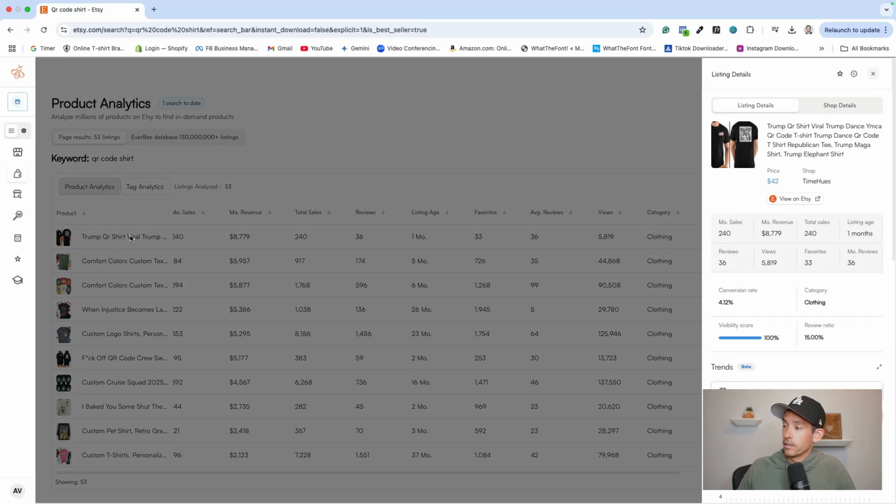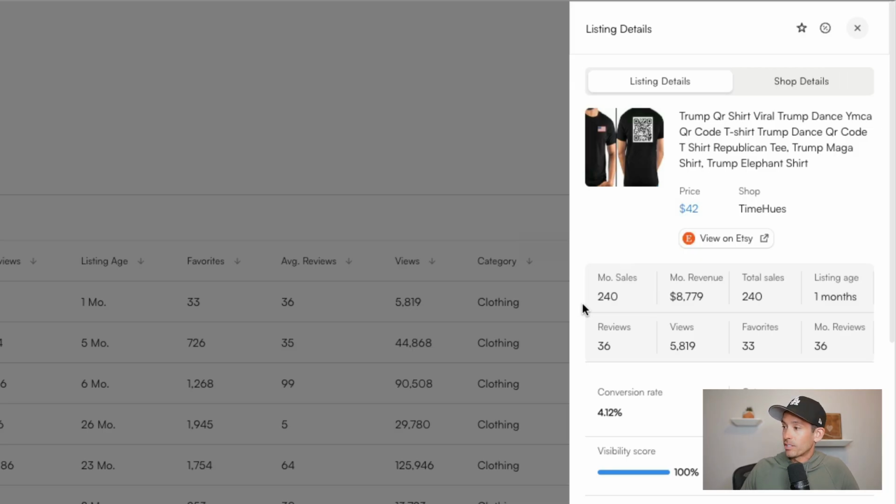This first shirt here is the one that I showed you at the beginning of the video. This shirt has an American flag on the chest, and then on the back, it has a QR code that when you scan it, it takes you to a YouTube video of Trump dancing. Here we can see that the estimated monthly sales are 240, estimated monthly revenue is 8,700, and this listing is